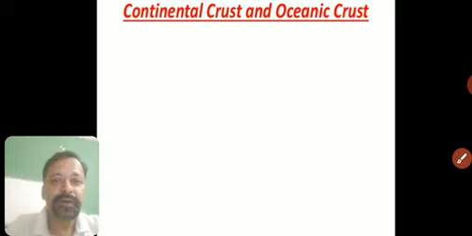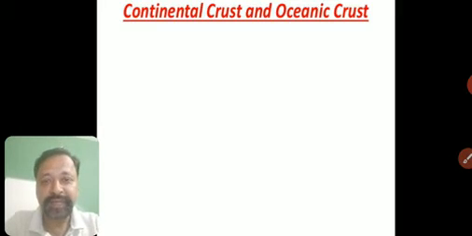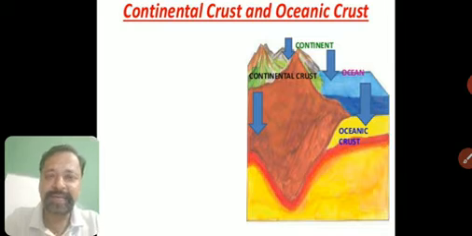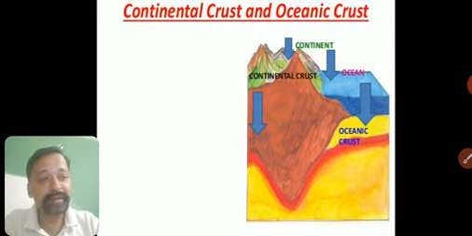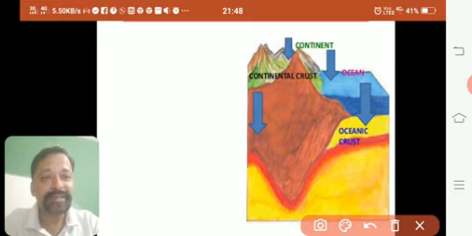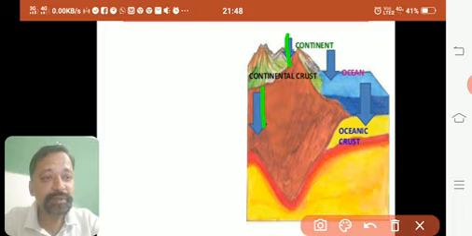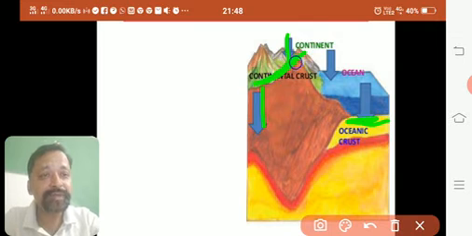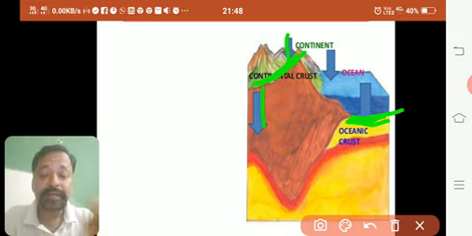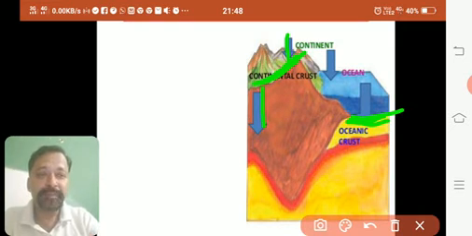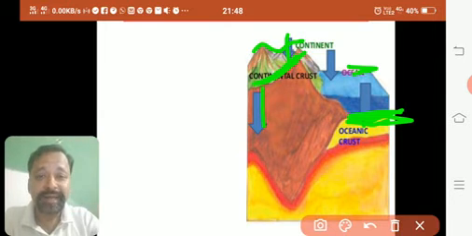Okay, so now we are going to see continental crust and oceanic crust. Let's see a diagram first. Okay, unnecessarily I made it there on the board. You can see here very clearly. This is the continental crust. See, here the ocean means this is the oceanic crust below. This is the continental crust on the top. In the deep ocean bed you can see oceanic crust. Because here the topmost layer is water, this is called oceanic crust, but here land is here itself. So this is the continental crust.